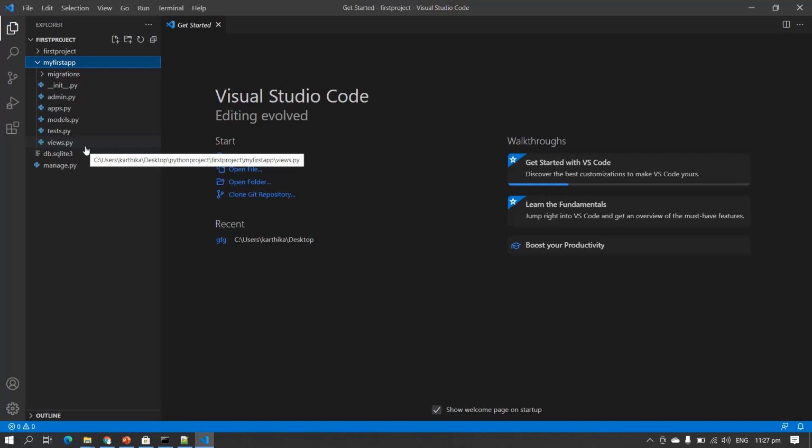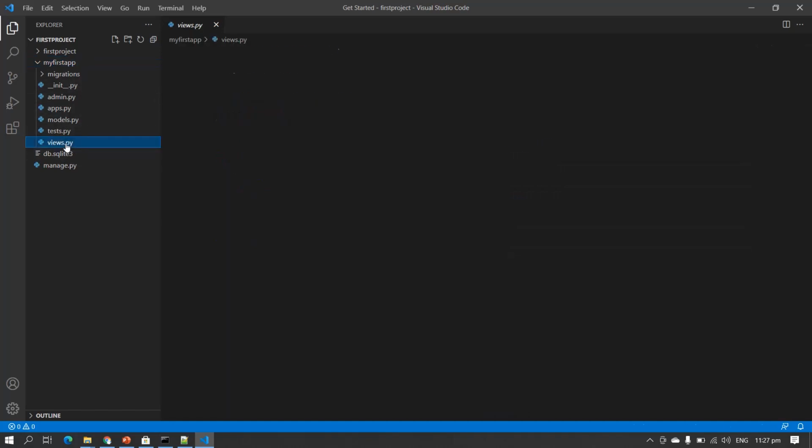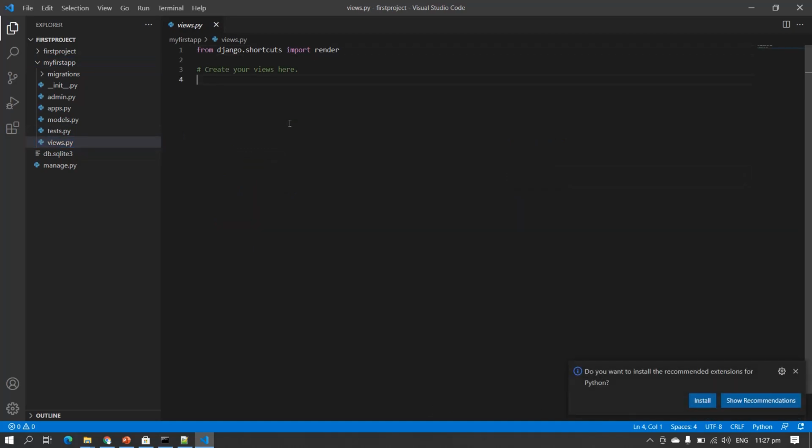Let me do it now. First of all I'm going to write a method in views.py. Here I define a function, the function name, which is what I'm going to call in the URL.